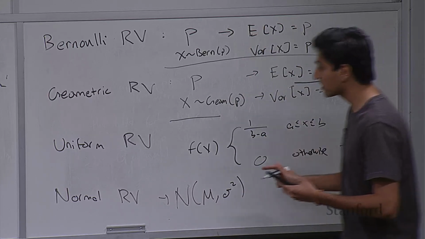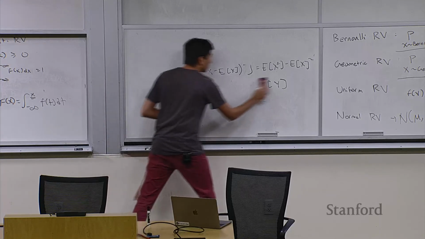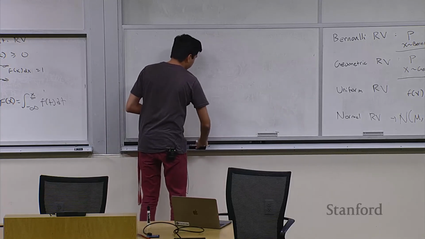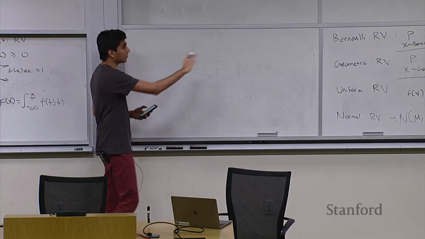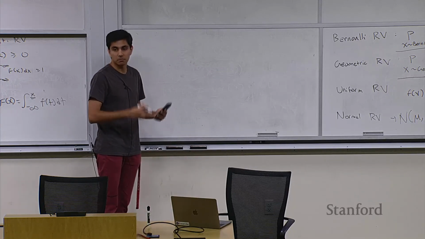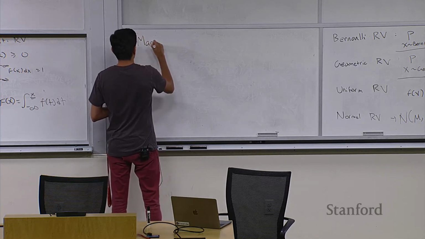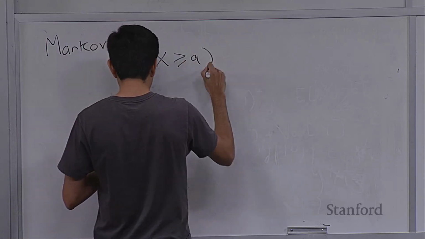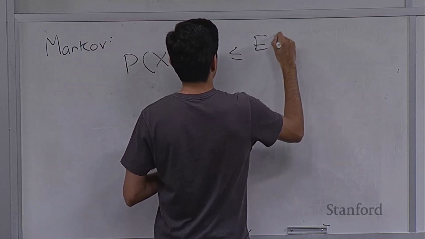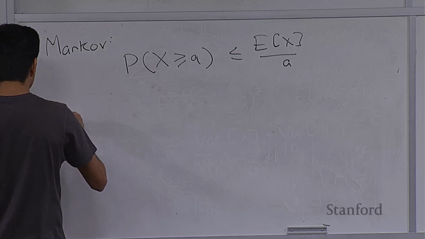We're running out of time, so I'm just going to state some of the inequalities for you to see briefly. These inequalities are pretty important just to set some bounds. In some problems you'll be doing in your problem sets in the future, you might want to start with some of these inequalities and then use some of the properties we described of random variables to simplify to a form that might be interesting to you. So Markov's inequality states that the probability of some random variable being greater than or equal to a is less than or equal to the expectation of that variable over a. Chebyshev